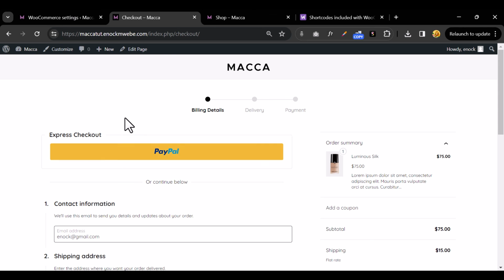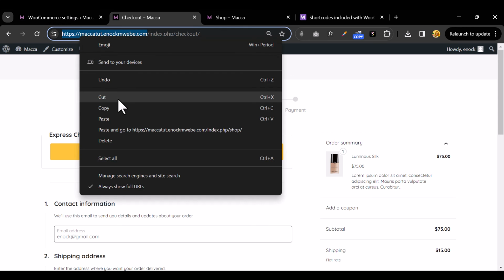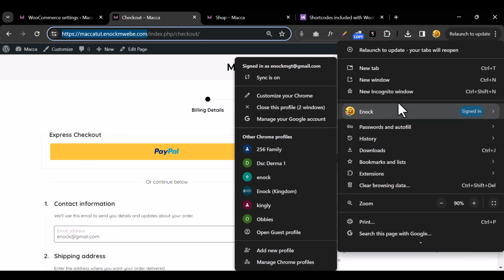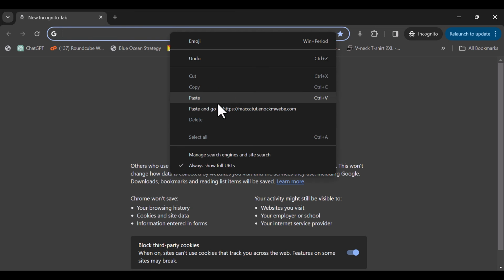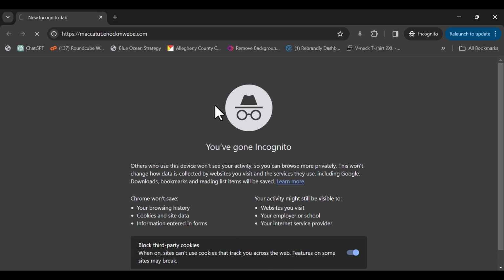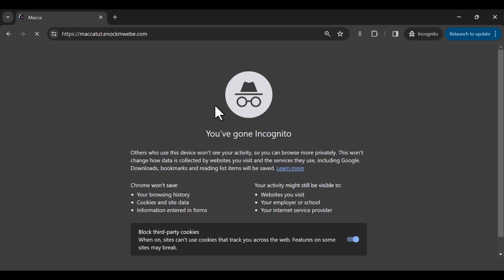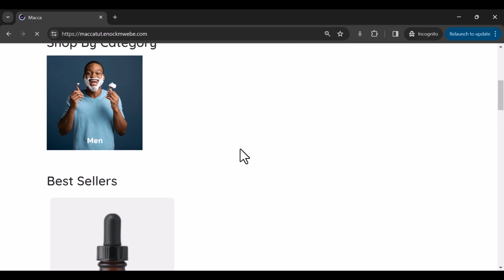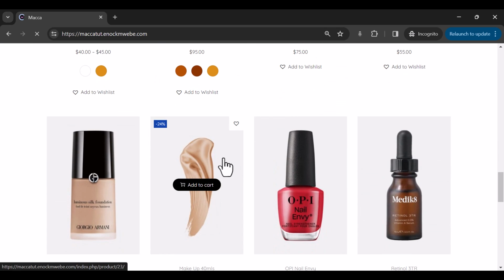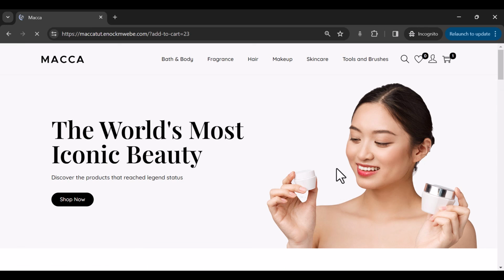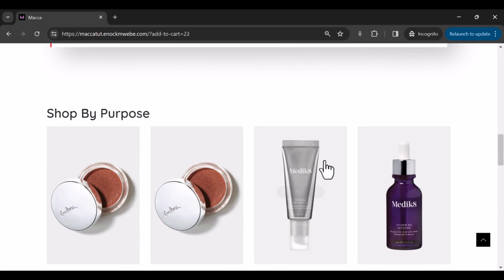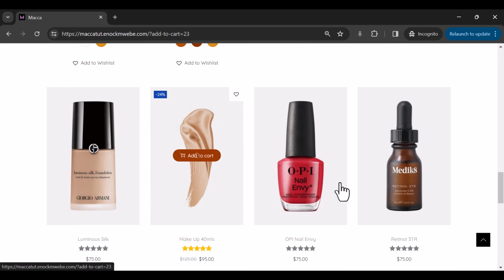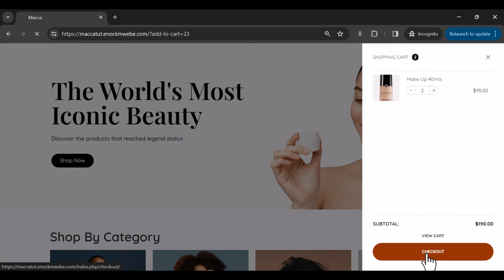I'm already logged in. So probably if I copy this and open it up in a new incognito window and hit paste and go, it's going to take me right to the store. So I can come down here and add products to the cart. Hold on guys, what has happened? And I also add this to the cart. All right, so I'll view the cart,